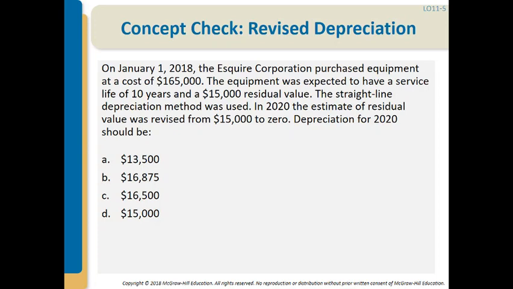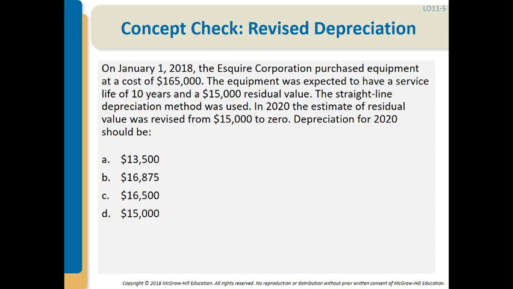The straight line depreciation method is used. So in 2020, 2 years later, the estimate of residual value was revised from 15,000 to 0. Depreciation for 2020 should be,